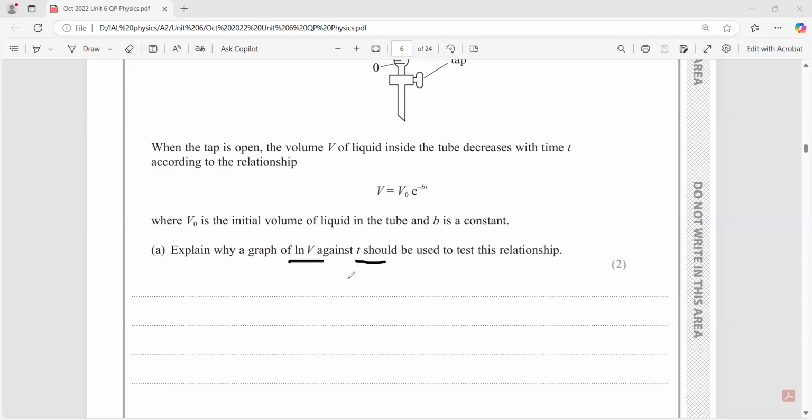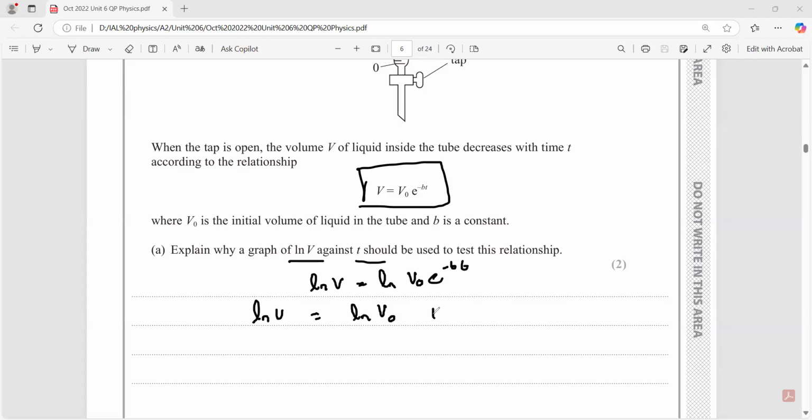So if I have this equation, if I take ln on both sides, this will be ln V equals ln of V naught e raised to the power minus BT. When two quantities are multiplied, it will be added in ln, and this will be ln e raised to the power minus BT. ln and e will cancel out, so this will be ln V equals ln V naught minus BT. If I rearrange the equation, I can say ln V,